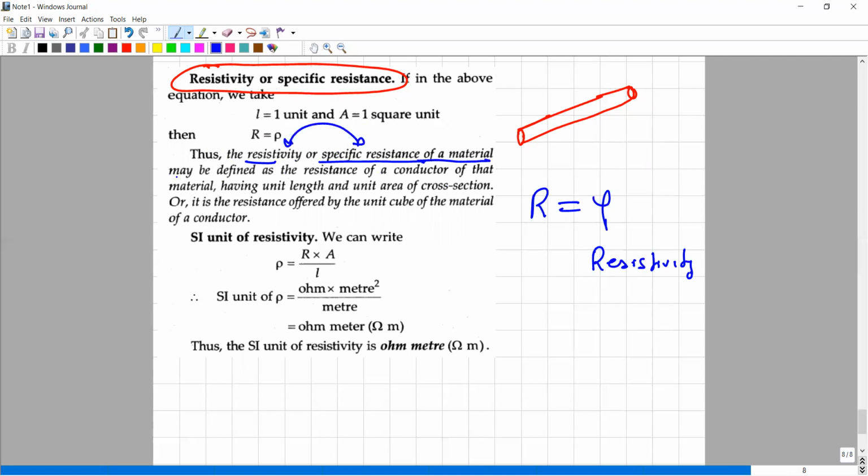Specific resistance of the material may be defined as the resistance of the conductor of that material having unit length and unit cross section area, or resistance offered by a unit cube of the material of the conductor. So why unit cube? Because if you take this as 1 meter and this as 1